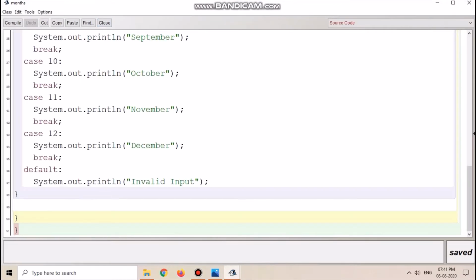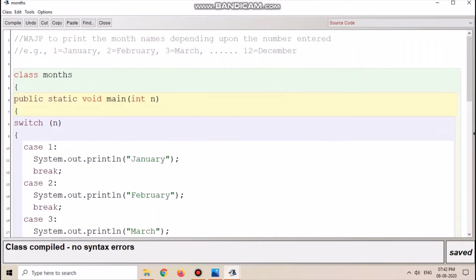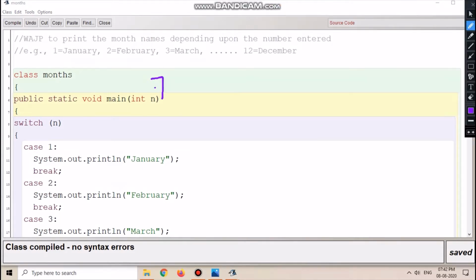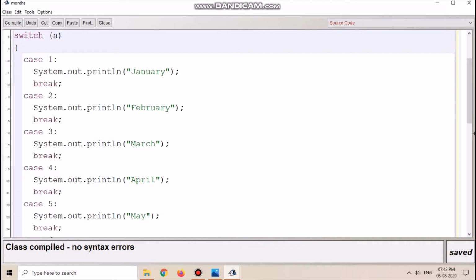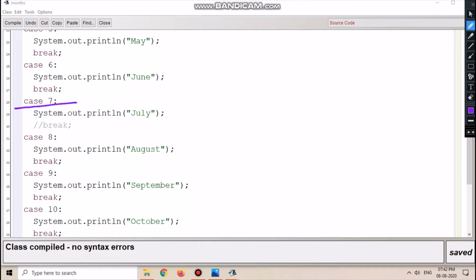Now let us suppose that this break is not here. Compile it, and let us suppose that you are entering the value of n as 7. So what will happen? It will look for case 7. Then it will print July.